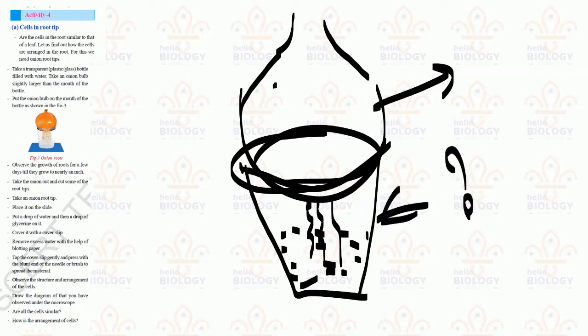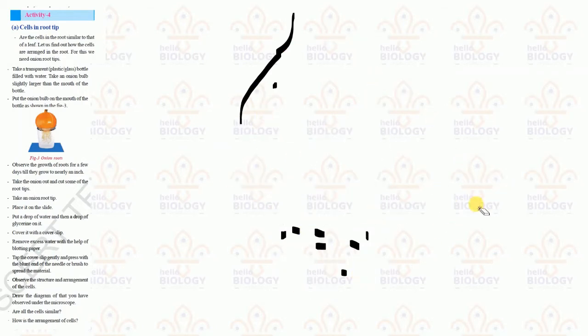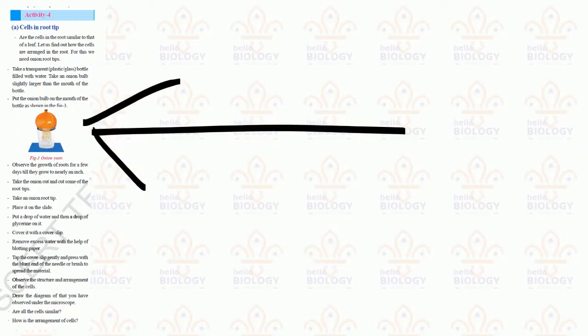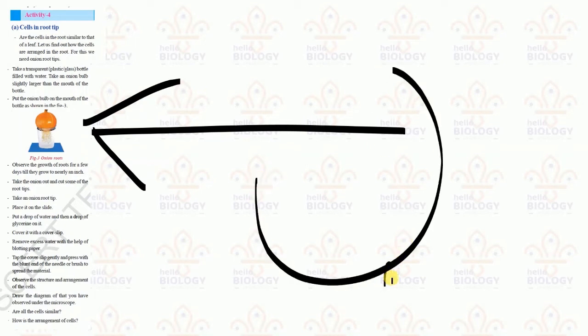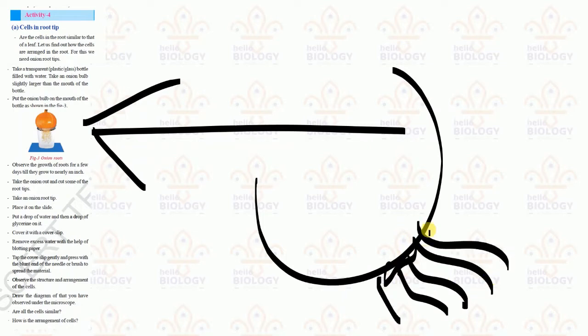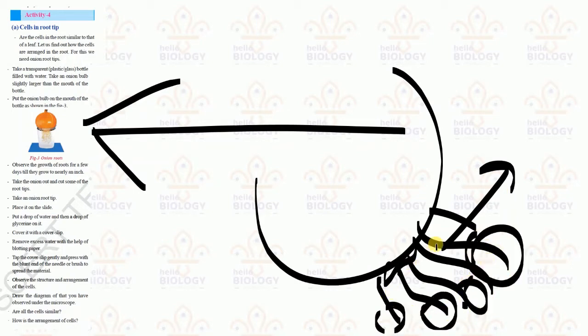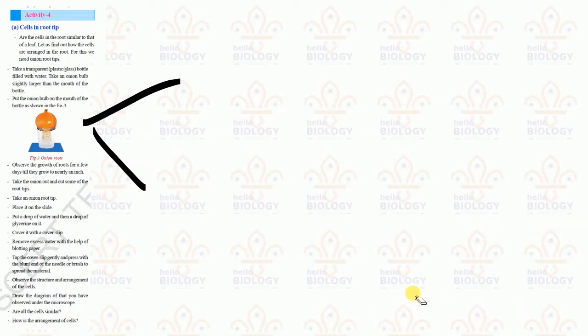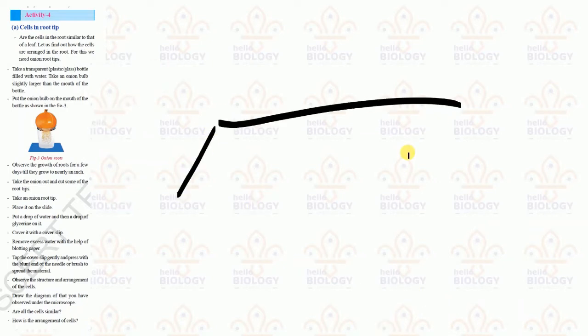For this, the larger area of the onion we need to put above the glass, so that day by day we can observe what happens here. As mentioned in this diagram, you can see day by day some of the roots will grow here, and we need to take some of the roots. From the onion, this is called the tip of the onion roots. These are called the tip of the onion roots, and these we need to take separately, and we need to put them over a glass slide here.